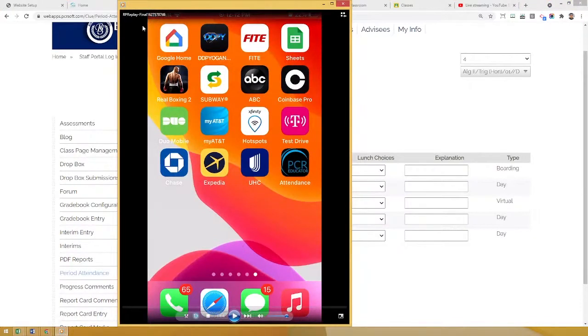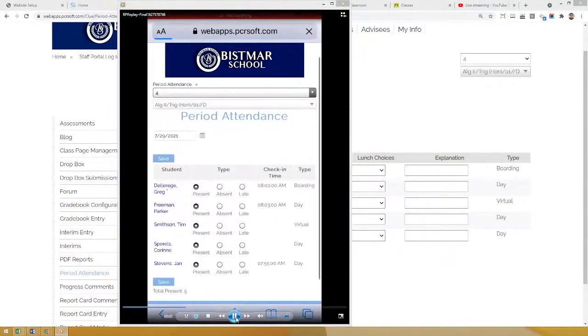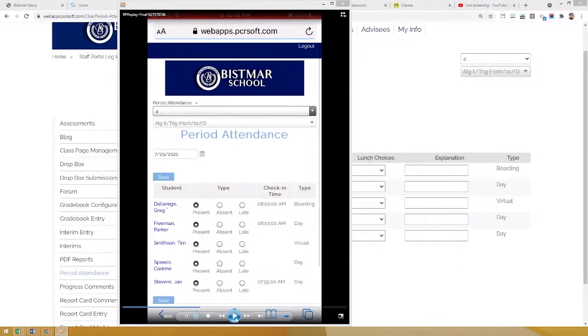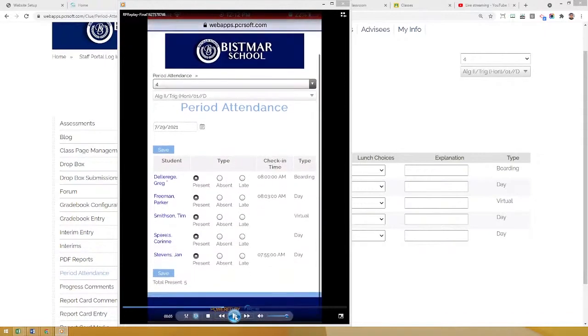So in this video, I recorded this on my iPhone. I added an attendance icon here. So if I play the video, what the teachers can do is they can click on the attendance icon, and it'll pull up the attendance screen, and it'll automatically know which class is in session based on the current time, and it'll automatically recognize whichever marking period is in session. So when we look at this screen,